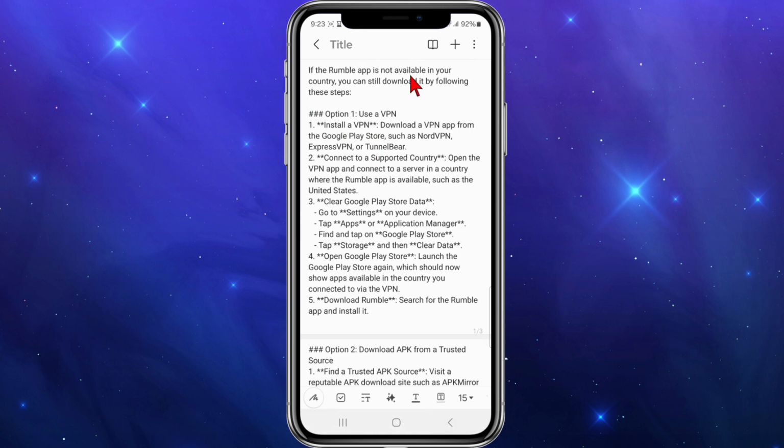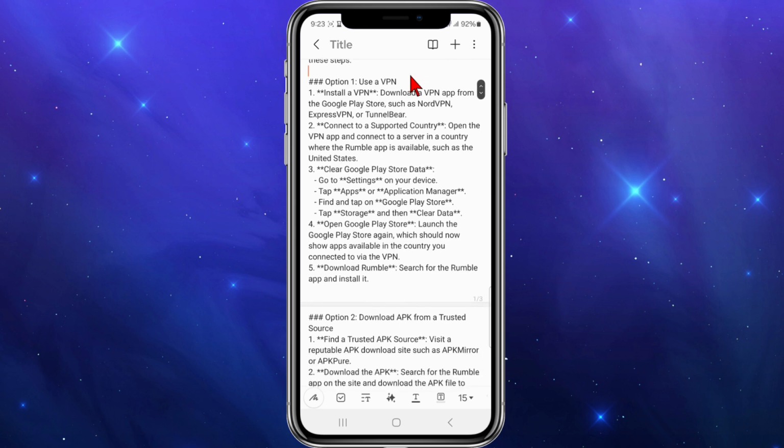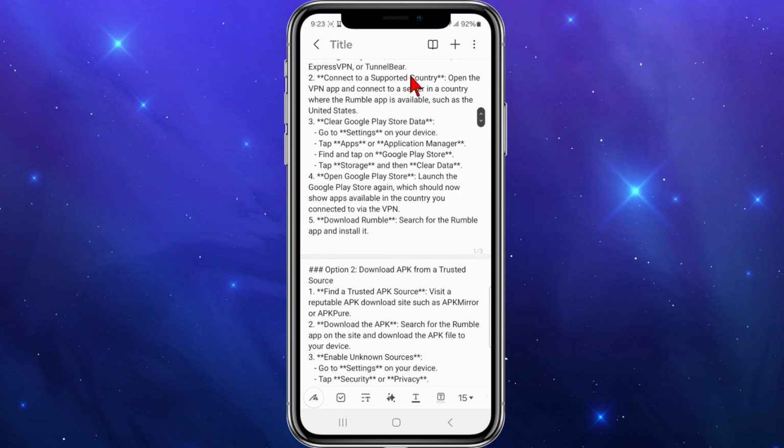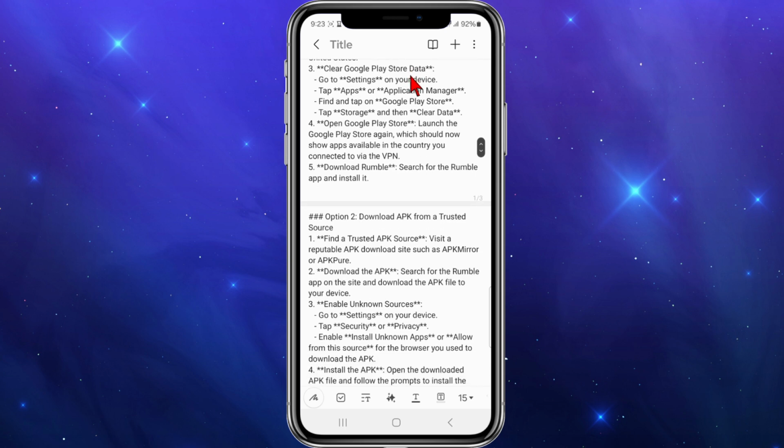So the first option is to use a VPN. Download a VPN app from the Google Play Store or App Store, such as NordVPN, ExpressVPN, or TunnelBear. I'll recommend any one of those three. Connect to a supported country. Open the VPN app and connect to a server in a country where the Rumble app is available, such as the United States. And what you need to do from there is clear your Google Play Store